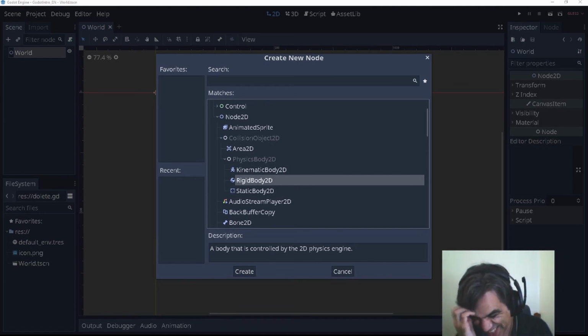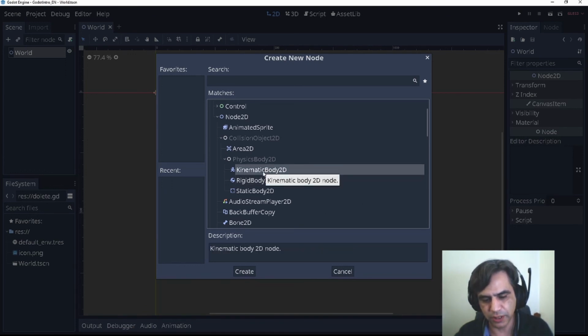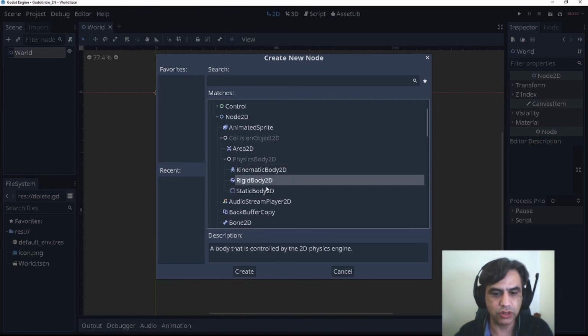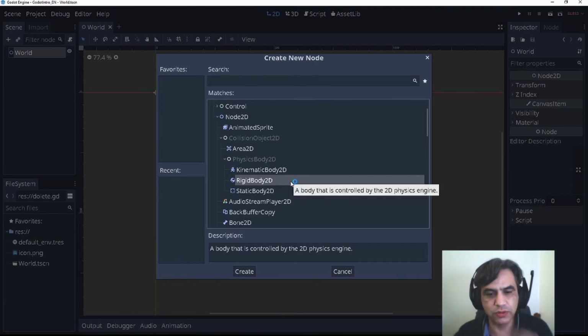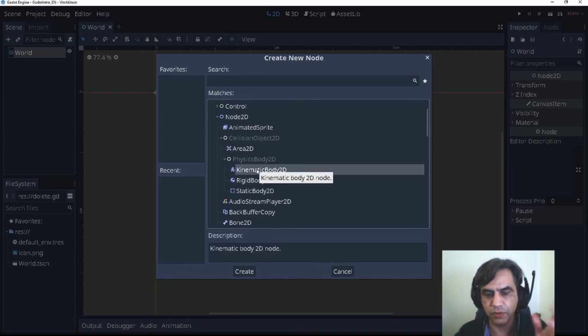I forgot the name, but basically, kinematic only deals with speeds or velocities. The rigid body, or the dynamic, I think it's dynamics, but I'm not sure, also deals with forces. So if you want to create a game where forces are involved, you need to use rigid body. If you want to use only speeds and the forces are calculated by you, you use kinematic body.